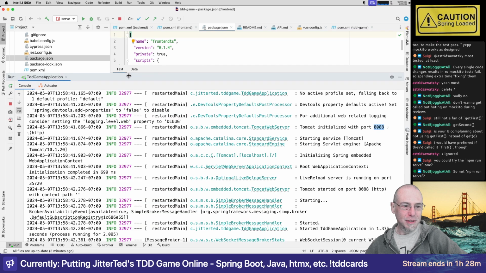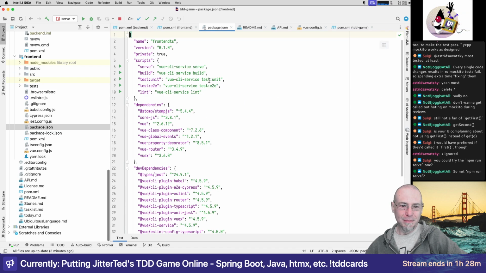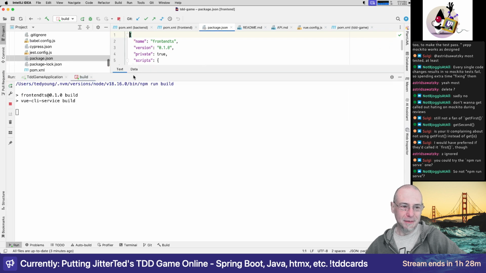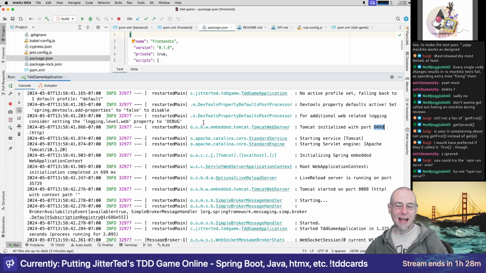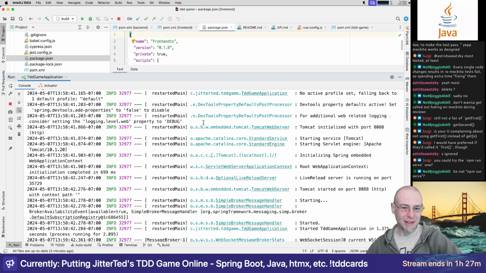I mean, I could do an npm build and see what that does. Nope. So the question is how much do I try to get that stuff to work? Would be kind of nice to see it running again, but